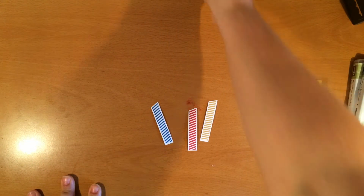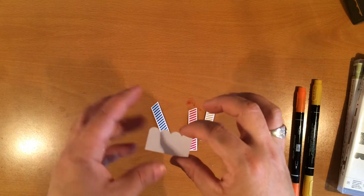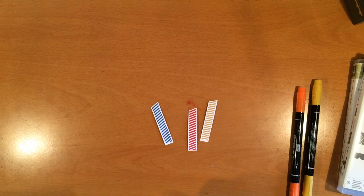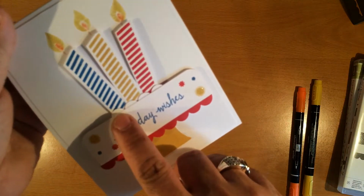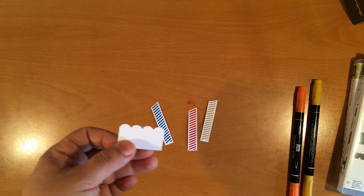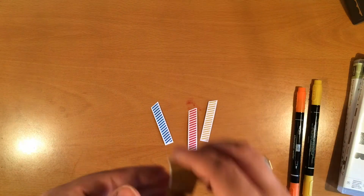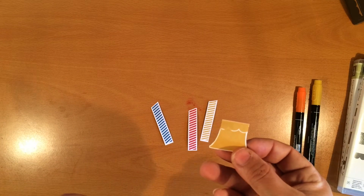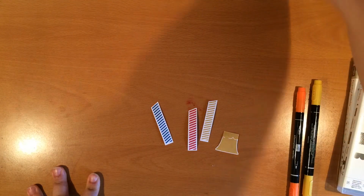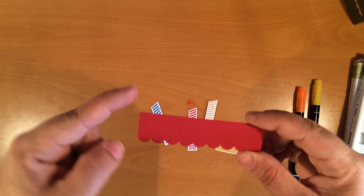Then I used a strip of white cardstock. It doesn't really matter the width of it because it's just going to be behind the cake. So I punched out a whole strip, and then I cut out 4 scallops for each one. I also stamped out the bottom piece of the cake stand,